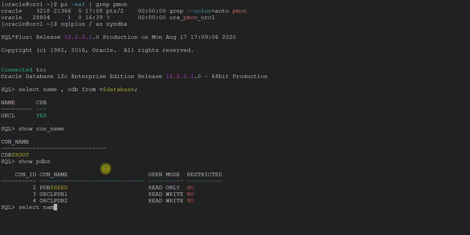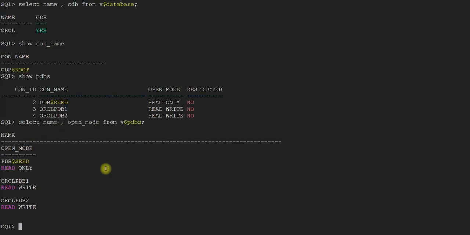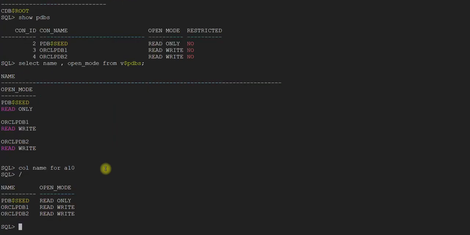So select name, open_mode from v$pdbs, column name format A10. So it is the same information, just that show pdbs will show you the restricted yes or no.